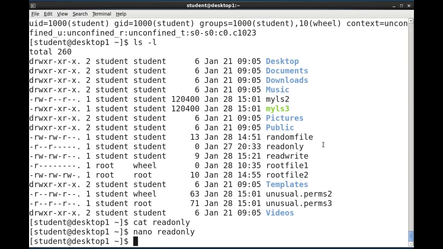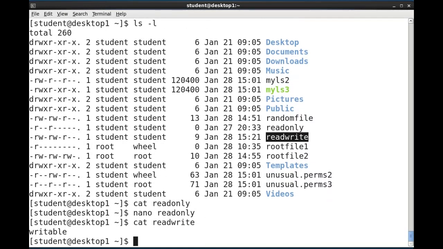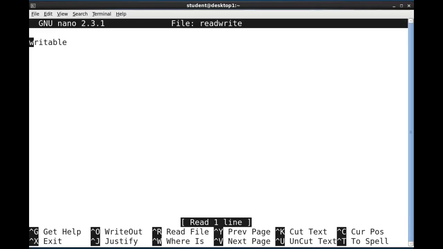If I have write privilege, such as on the read-write location, I'd be able to add content to it. So if I cat read-write, I see that there is some information. If I try and edit the read-write file, I see the file name at the top, I see information at the bottom that this is readable,